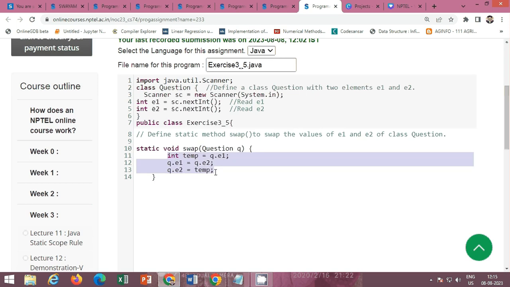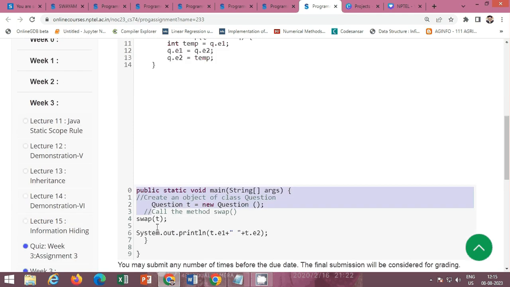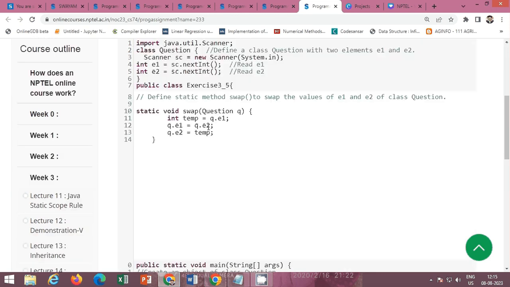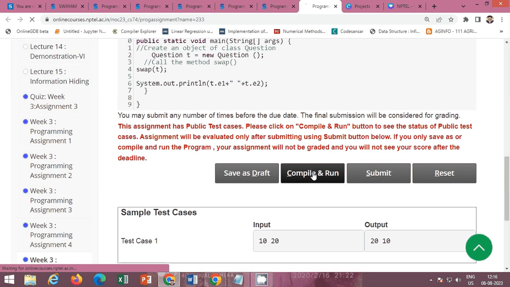Use the swapping concept here to swap the two values, and the code to print the swapped values is already given here. So this is the code, or method, to swap the two values E1 and E2 of class question. Now click on the compile button